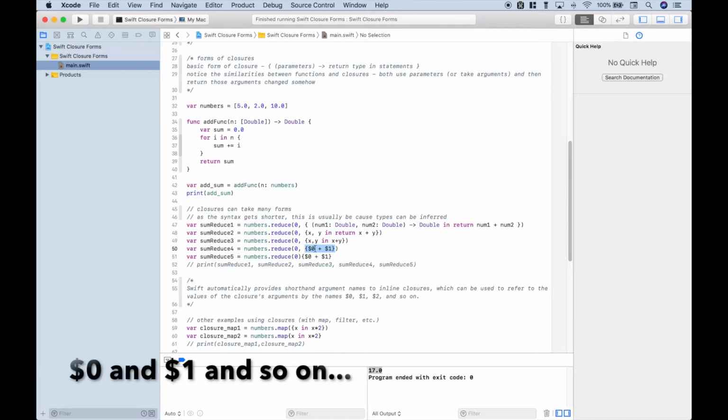So you can kind of think of this $0 as being equivalent to our num1, num2, or our x and y. And again, basically using that same accumulating effect to sum all of the numbers together, we can put $0 plus $1. Now, finally, you'll notice in all of these earlier examples, we passed this closure in as the second